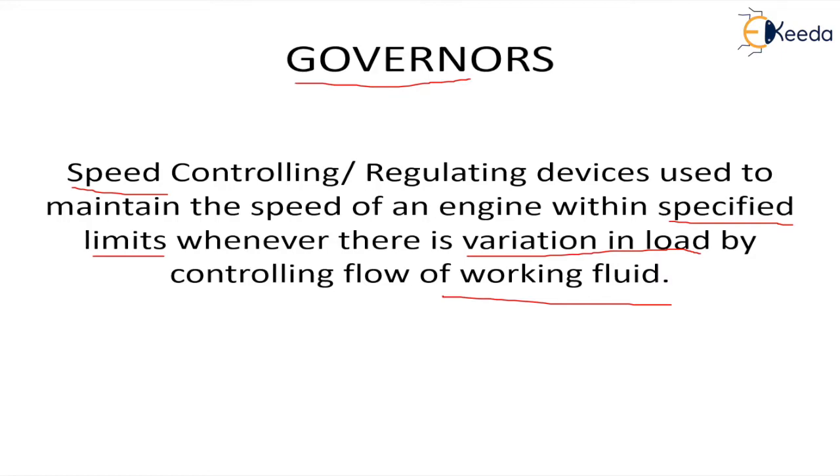Now, whenever the load increases, right? It says the variation in load. Let's take an example of the increase in load. Now, when does the load increase? Whenever you are accelerating the engine of a car, right? Or when you're going up a hill. So what happens? The load increases. Now, whenever there is an increase in load, the speed of the engine decreases, but we do not want that. We want the speed to be maintained or regulated. To compensate for the loss of that speed, more fuel should be supplied so that the speed is maintained, and this work is being done by the governor.